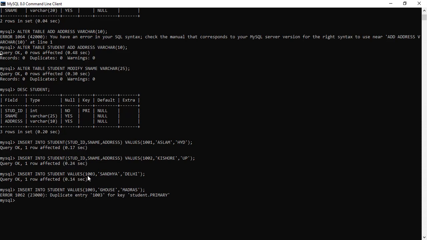So the new student cannot take the same roll number. I hope the definition of the primary key is clear to everyone now. Primary key is a unique key which cannot be duplicate, which cannot be same, or which cannot be null. It is always unique in nature, whose values cannot be same at all.